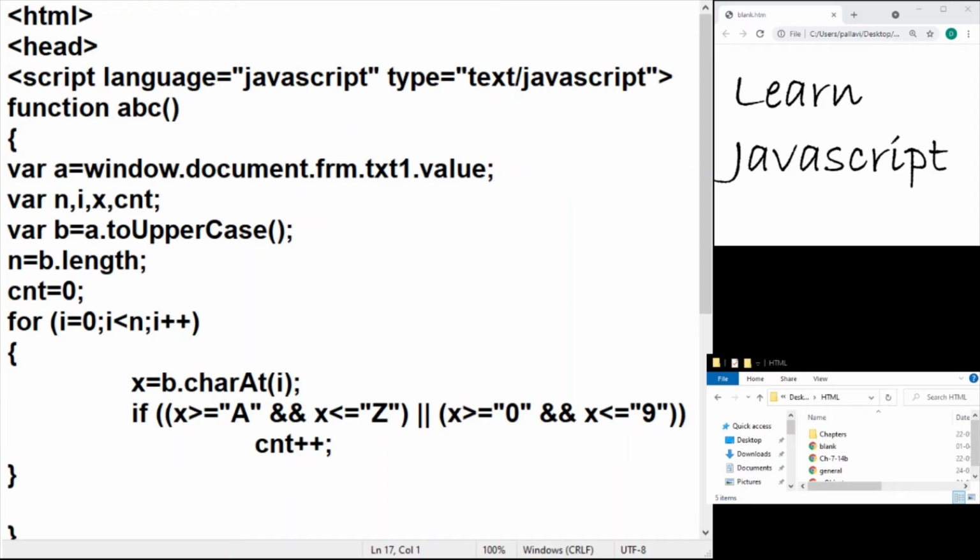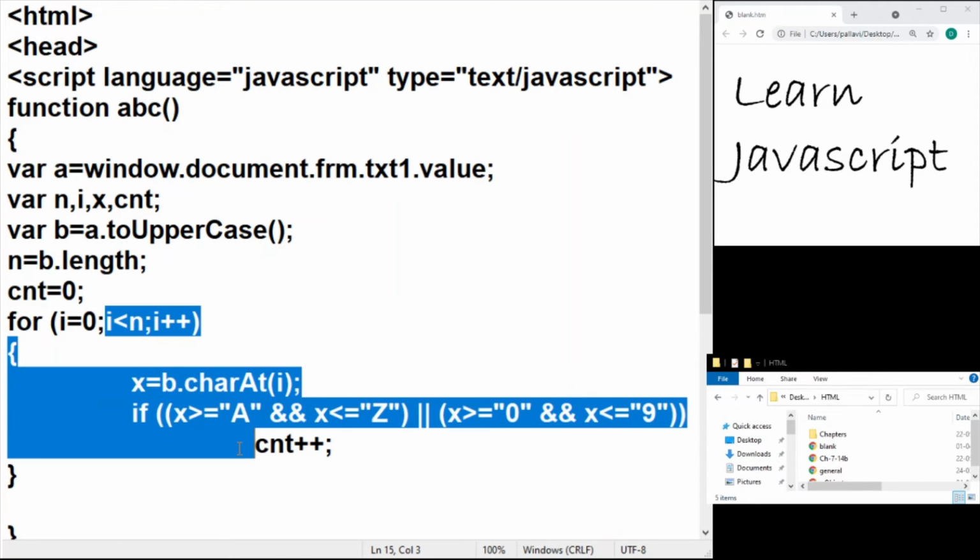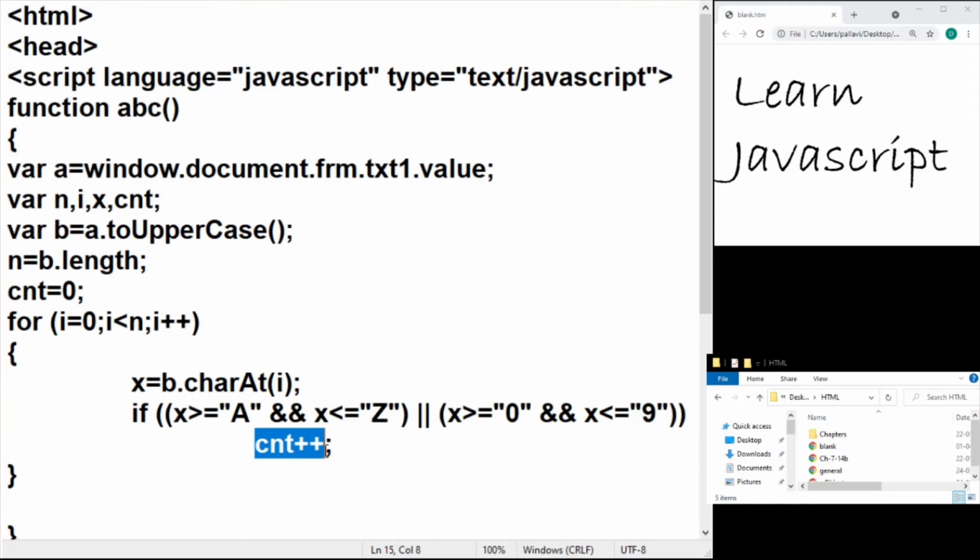So once I come out of the loop, what I need to do is check whether the number of characters that I encountered throughout my process of extraction, whether all those characters were alphanumeric or not. Now, if that is the situation, then the value of the counter should be equal to the total number of characters, that is the length of the string.